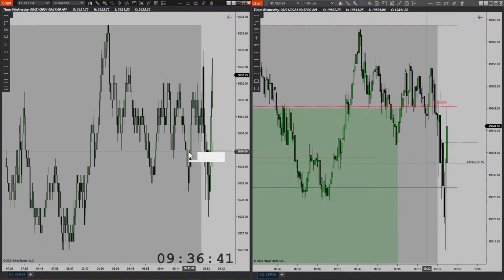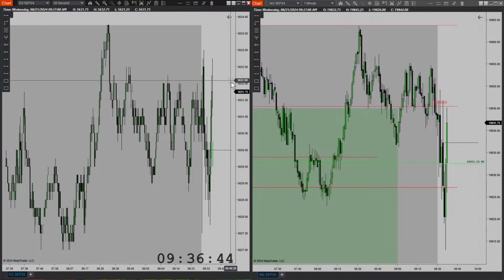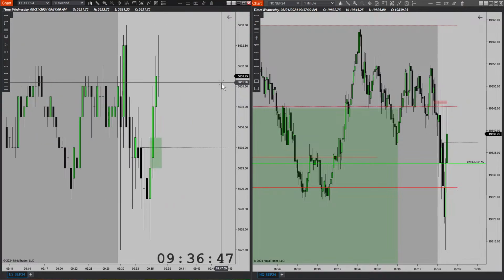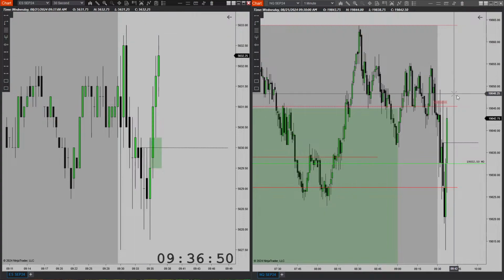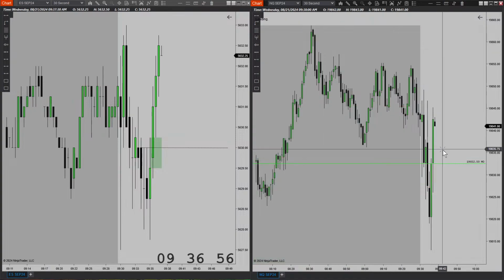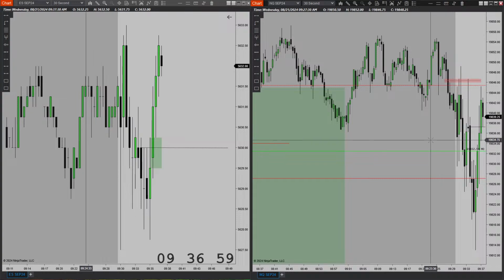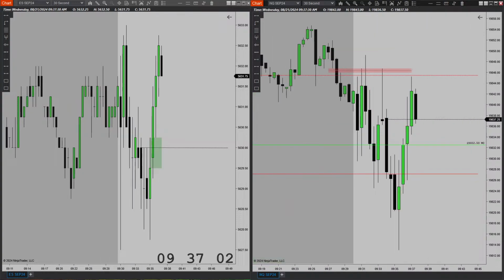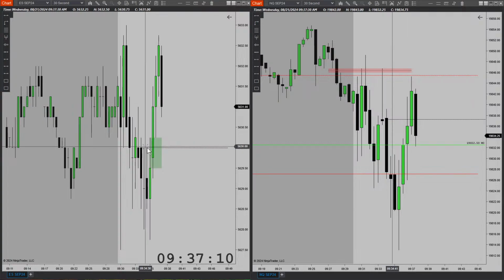Okay, so we caught that a little too late. Darn. Don't sweep the high, please. Not yet. All right, so we might get that entry. I think I'm going to take it. Let's see here. All right, what is the entry? 30.25. Looks like I'm not going to get that entry.